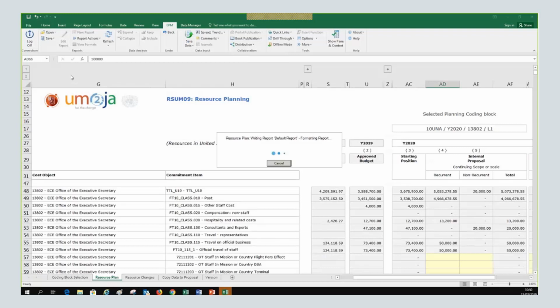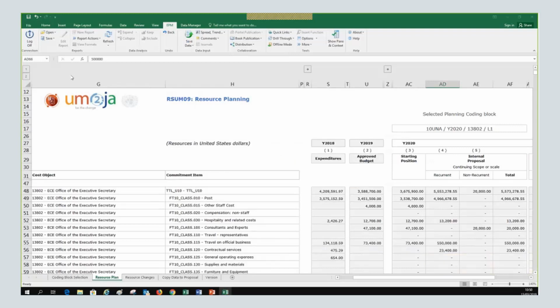Is it clear? Is there any question? Please click on the green check if it's clear. If you are used to work with budget, it's straightforward. The complexity is basically finding the commitment item and then getting the logic of the form. Do I refresh? Do I save? What do I do? This is the only complex part.